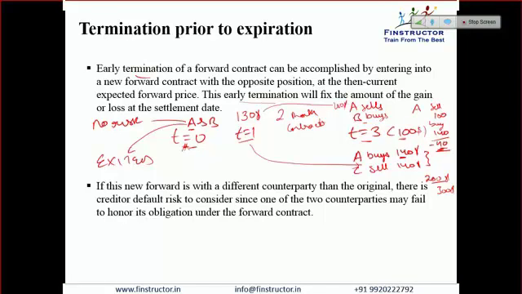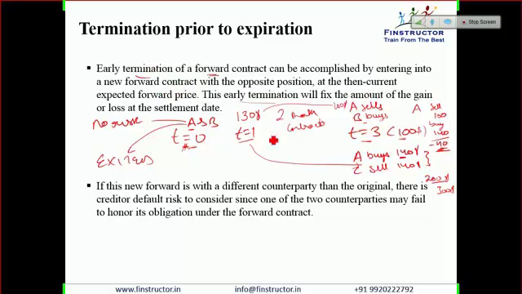So remember, by entering into an opposite position in a new contract, any derivative can be extinguished or terminated early. So we did it with the example of a forward contract. In the future, we'll learn that with a swap, with an option, with the futures, with any derivative, this can be done. That is, if you want to exit the position, just take an opposite position in the same contract